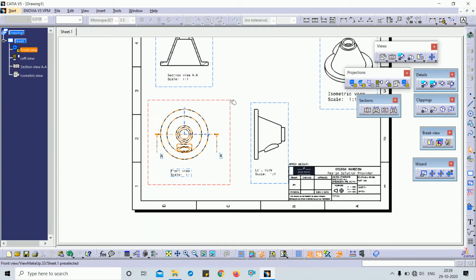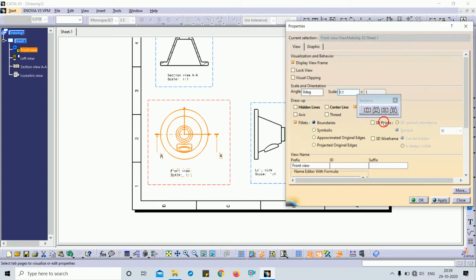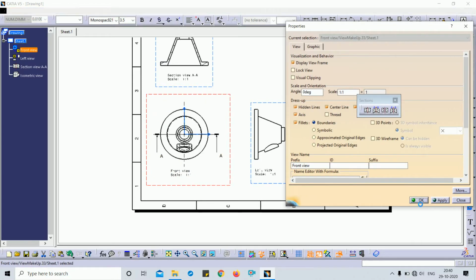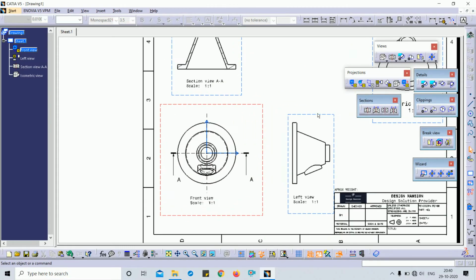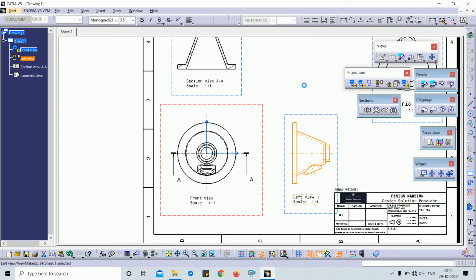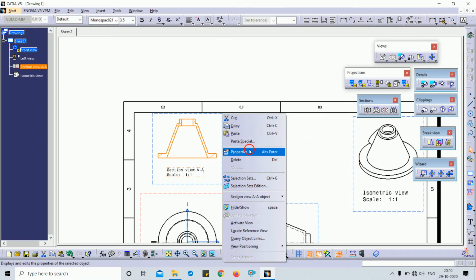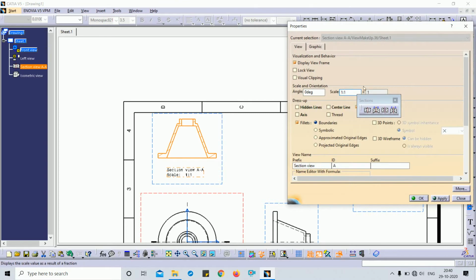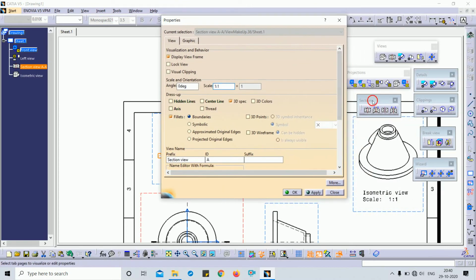Okay, and now I just wanted to change properties here. I will show hidden lines and center lines. In this view, don't show hidden lines, only center line and axis.